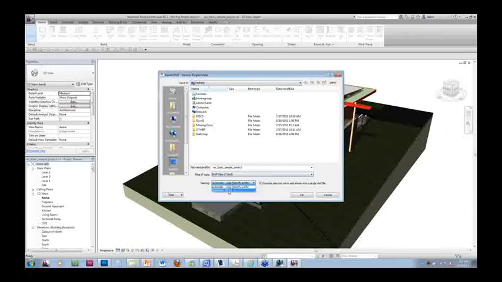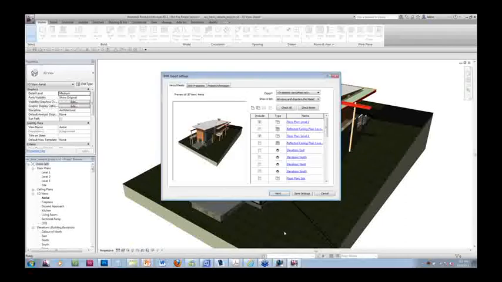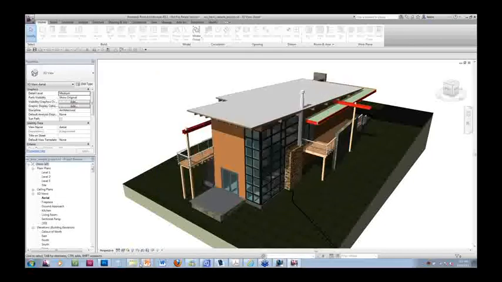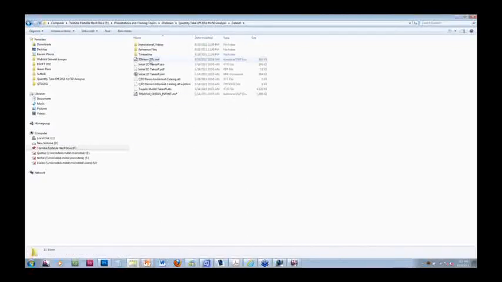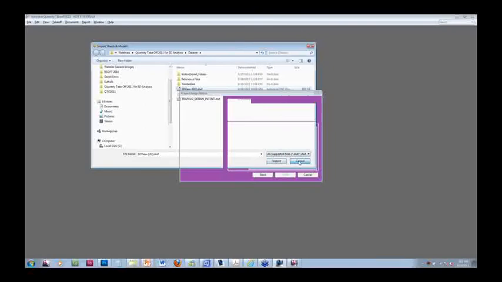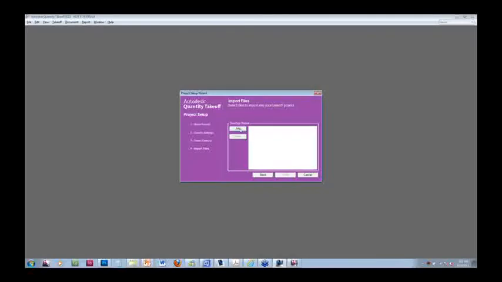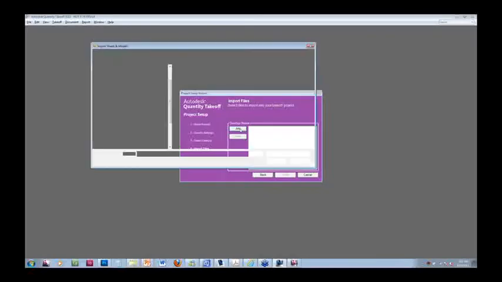Just make sure this is a DWF, that you have the naming convention that you want, and it's going to combine it into one file. So if I do this, what it creates is the following. I'm going to go to my documents here and check this out. I created this file that is an independent DWG file that if I just bring that one into QTO, which is what I'm going to do, in QTO, where it's prompting me to add those drawings or models,